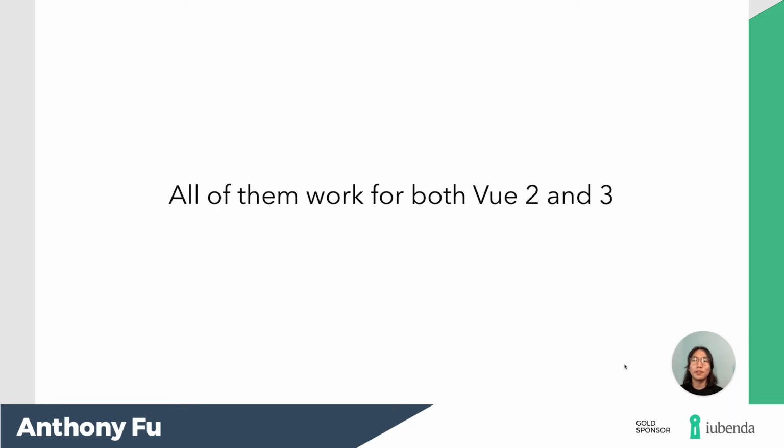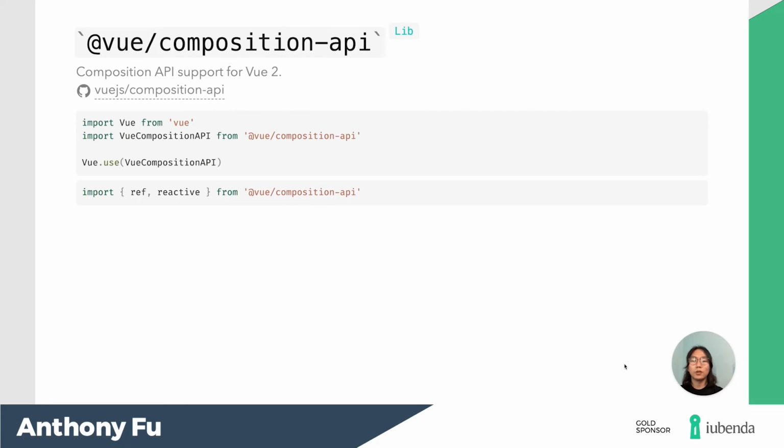That's all the tips and patterns I have for today. You might think those are for Vue 3 only, but actually they also apply to Vue 2. In case you don't know, if you're still on Vue 2 but want to get started with the Composition API, we offer an official plugin that enables the Composition API for your Vue 2 apps. Give it a try if you haven't.